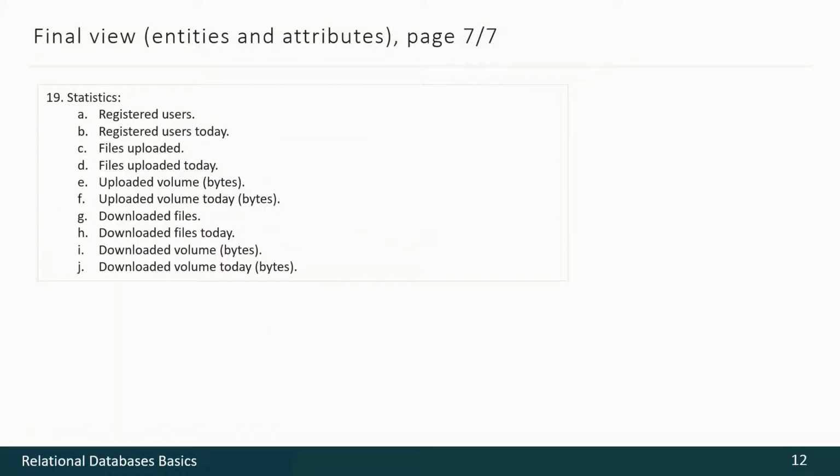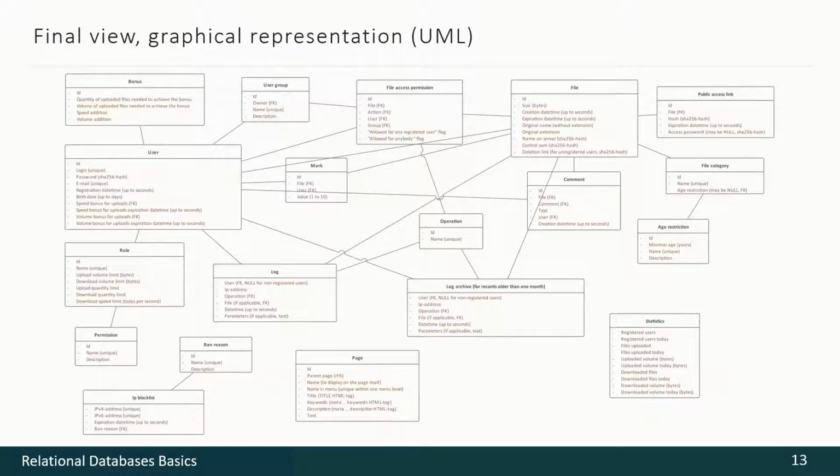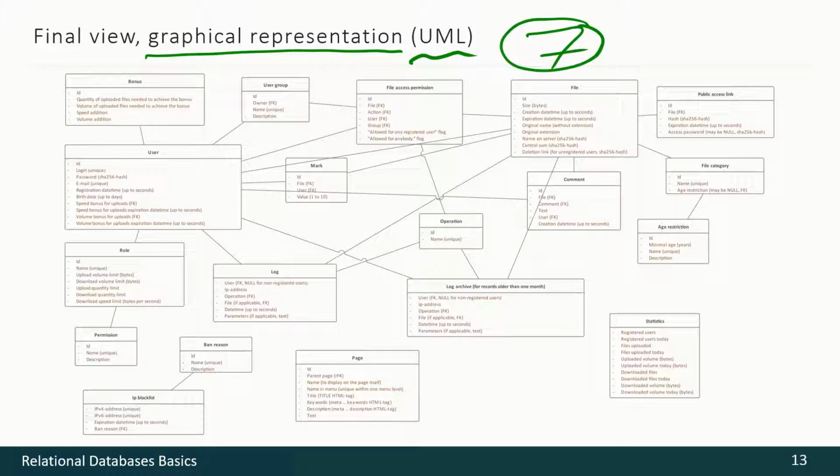The title says that we have final view here, but to be honest, in real life, of course, we'll have to have some more iterations to discuss the result with customer and improve it. This is how graphical representation may look like in UML form. You remember that we have 7 pages of text and we have only one picture describing all that information from that 7 pages of text. So this is much more compact view.